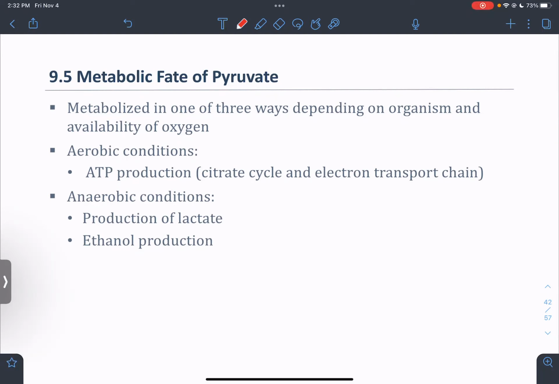So the aerobic conditions, we go to the mitochondria, and inside the mitochondria, we go through the citrate cycle, we go through electron transport chain, we have oxidative phosphorylation, and we make ATP. And we also make, right, CO2 and water, but those are really waste. Under anaerobic conditions, so for example, this would be in muscle cells